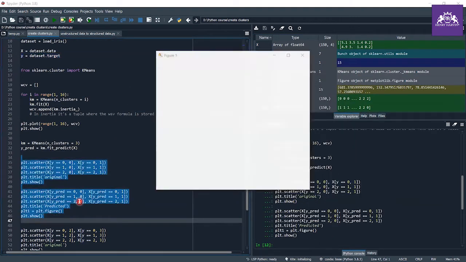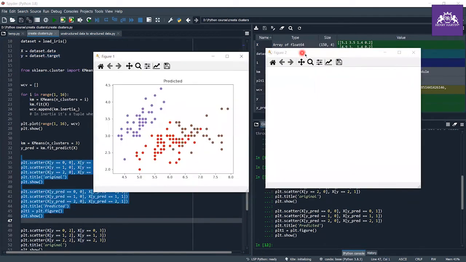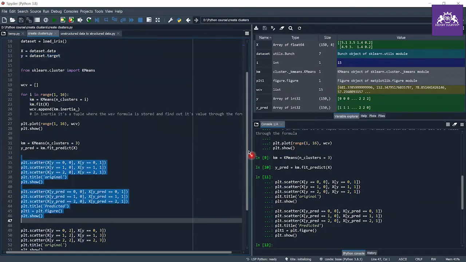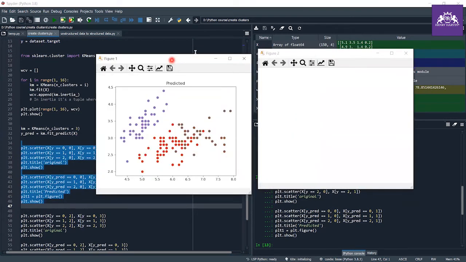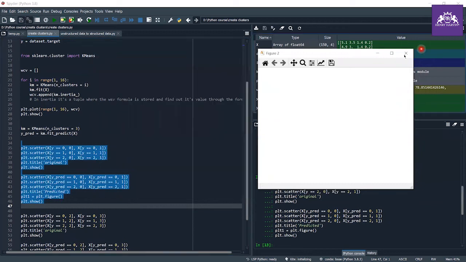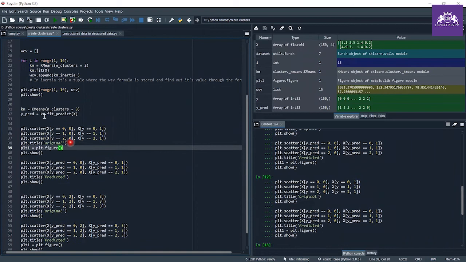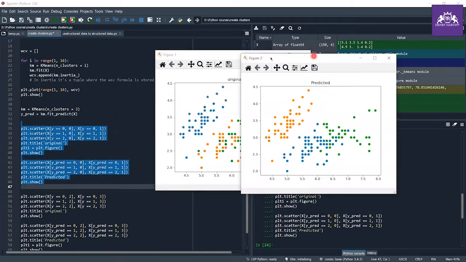I am making 2 figures at the same time. And where is the second one? Wait a second. Let me execute this. Why is it not showing? Wait a second. Oh, okay. I have to paste it here. And when I execute this, yeah.